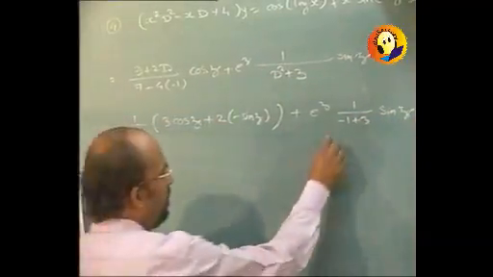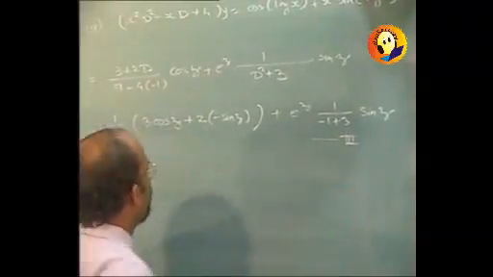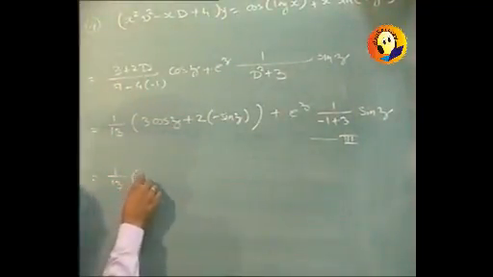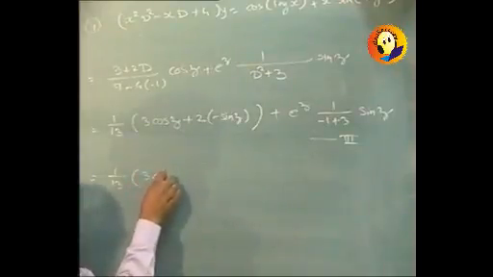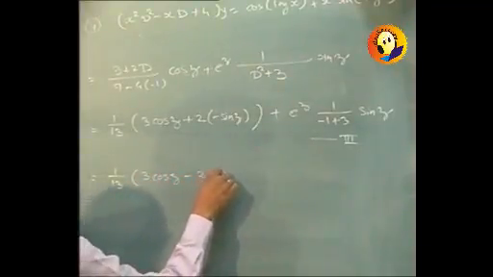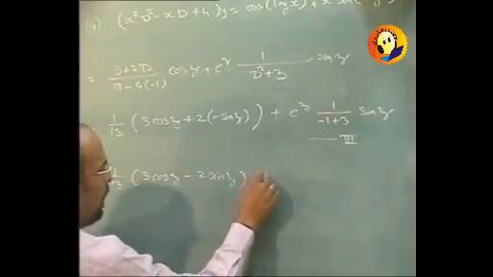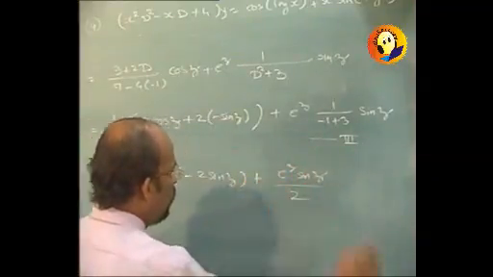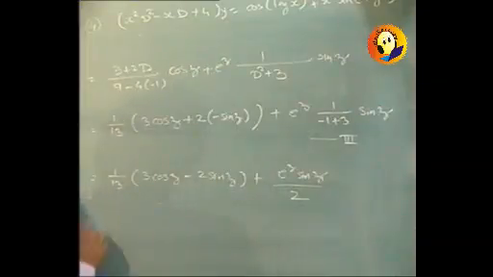This is again with the use of formula number 3. And so the final answer comes out to be 1 upon 13 into bracket 3 cos z minus 2 sin z, and plus it will be e raised to z sin z upon 2. Y equal to Cf plus Pi is the required solution,